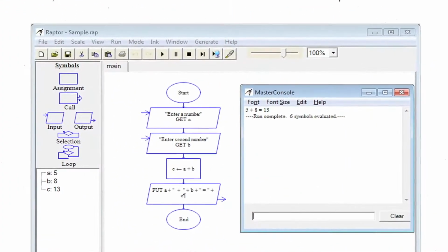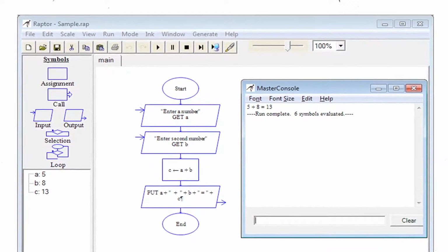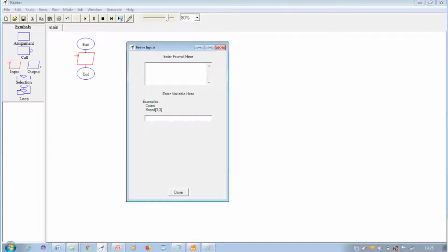Over the toolbar we can see the name of the Raptor file which has a .rap extension. In the figure shown, as we have not opened any files, the file name is not shown. The symbol window shows the set of flowchart symbols supported by Raptor with a little bit of difference in notations. That is okay. When we draw flowcharts, you will get it.